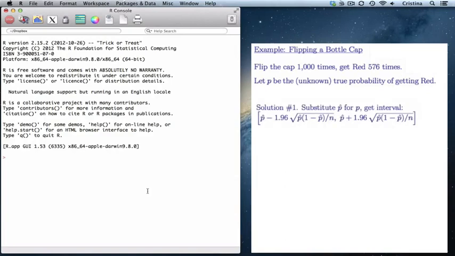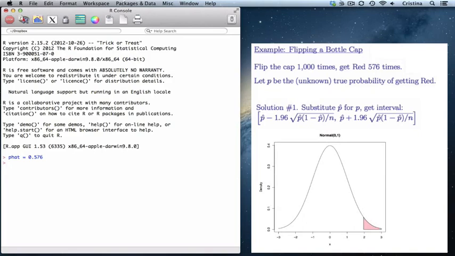The first method you learned was to substitute p hat for p to obtain the 95% confidence interval. We'll let p hat equal 0.576. To obtain the critical value z from the standard normal distribution, we will use the qnorm function, which stands for quantile normal. Recall that this value z from the standard normal distribution has probability above it of 0.025, or alpha over 2. In the qnorm function, we specify the upper tail probability of 0.025, the mean and the standard deviation of